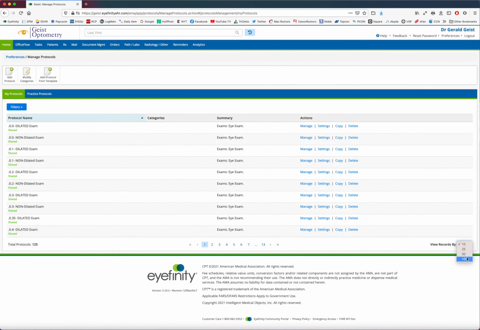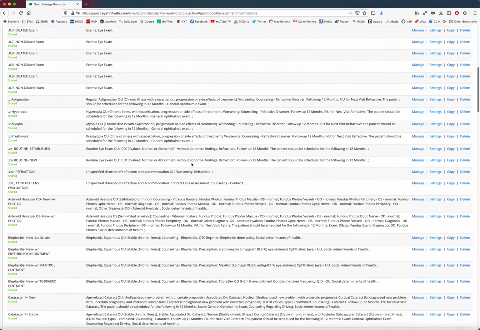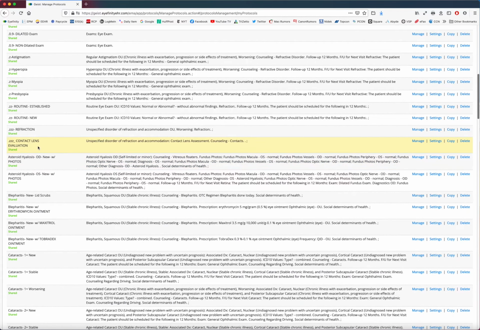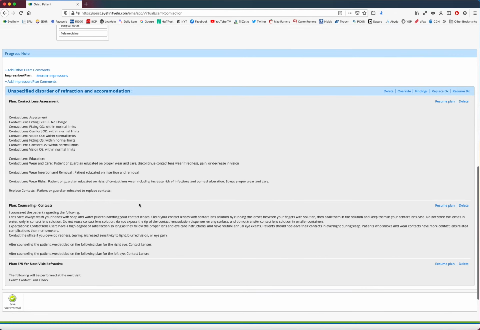For contact lens protocols, if you're using more than one contact lens fitting, we use one in our office, but you can go in here and set multiple levels, different fees. Say you have level one, $100, level two, $200, three, etc. You can go in here and create contact lens level one, level two, whatever your protocols are, however many protocols you want for contact lenses. And to do that, when you're in here under the contact lens,